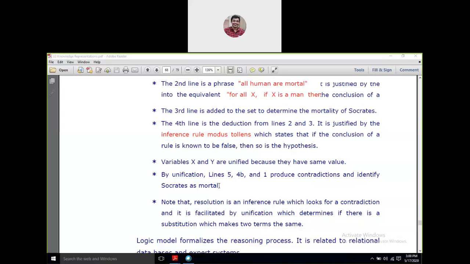Now, what you have to do is just see this part: the proof of the fact that Socrates is mortal. Right. So in statement one, Socrates is a human. This is the predicate of that sentence, and it is a fact. Now, X is mortal if X is human. Right. This is a rule.